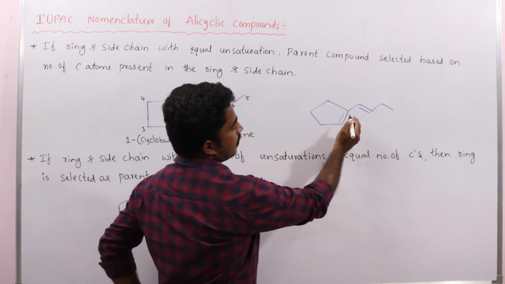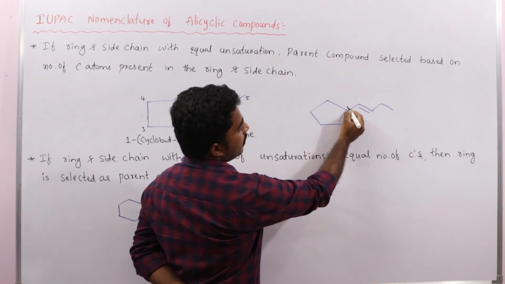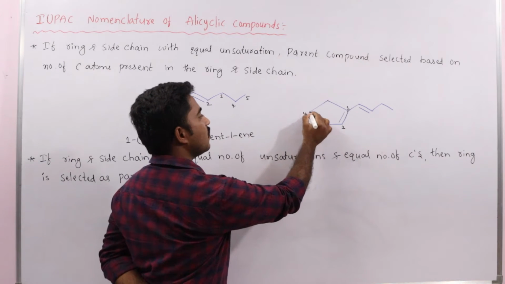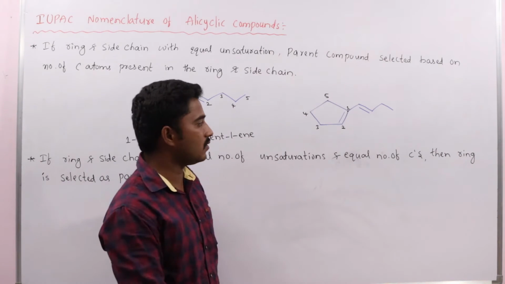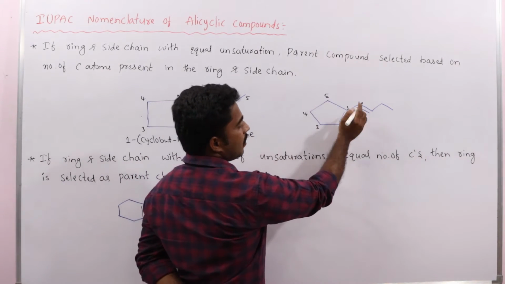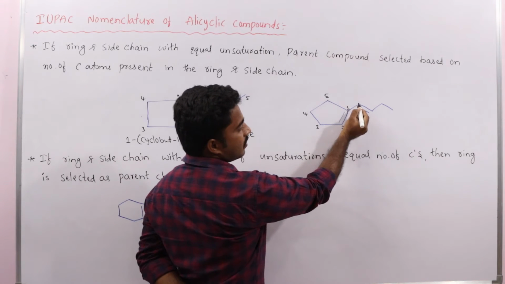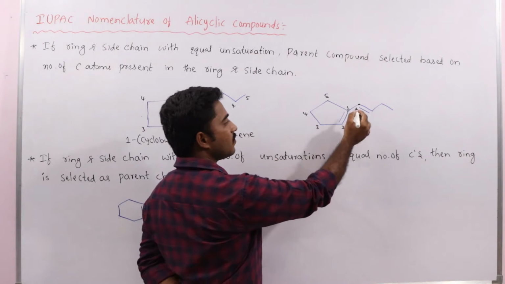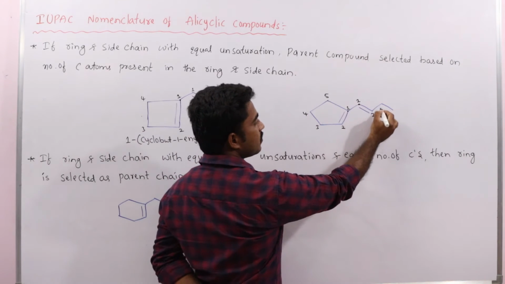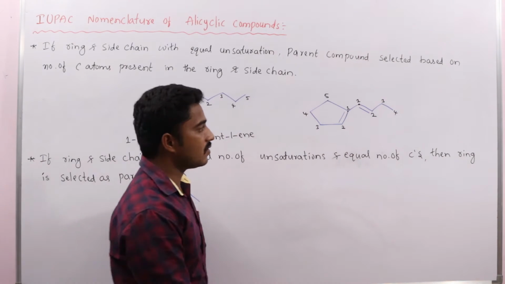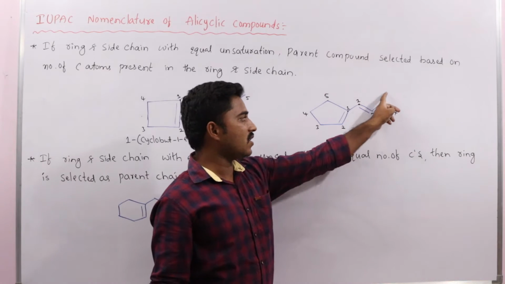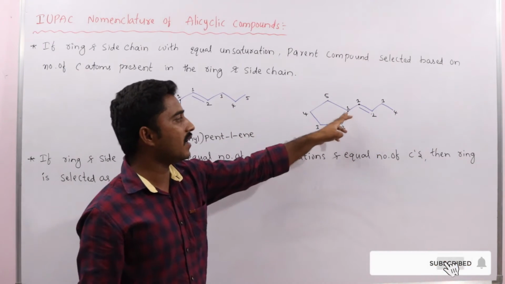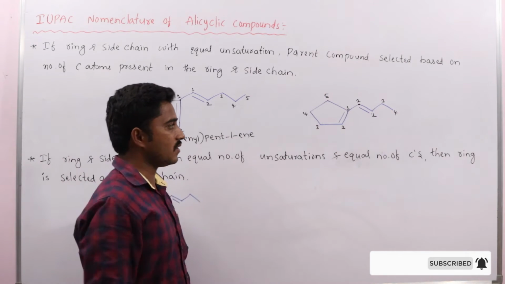Okay. Then in the parent compound, this is number 1, here it is 2, this is 3, this is 4, this is 5. The carbon of the side chain, that means the substituent which is bonded to the parent compound, is numbered as 1, then it continues 2, 3, 4. So which one is the substituent here? The side chain is the substituent because the side chain contains fewer carbons and the ring contains more carbons.